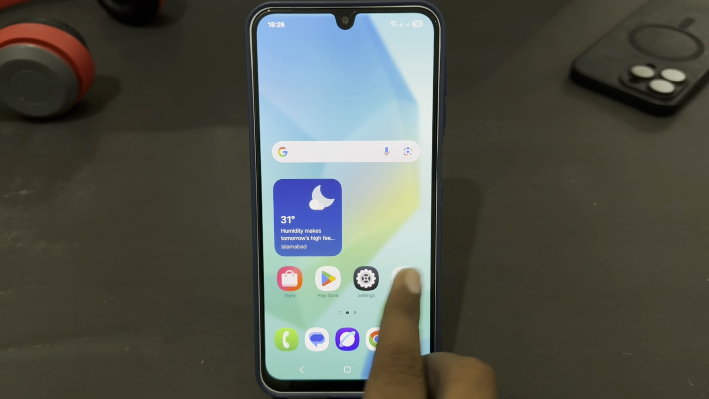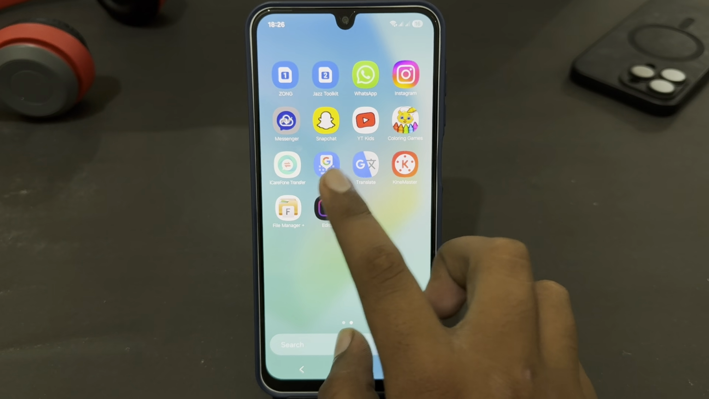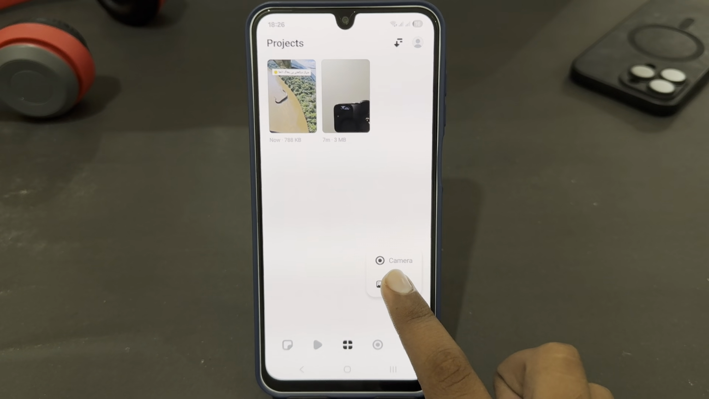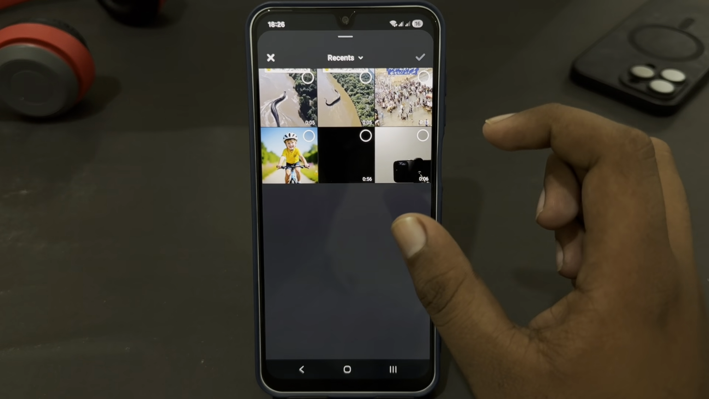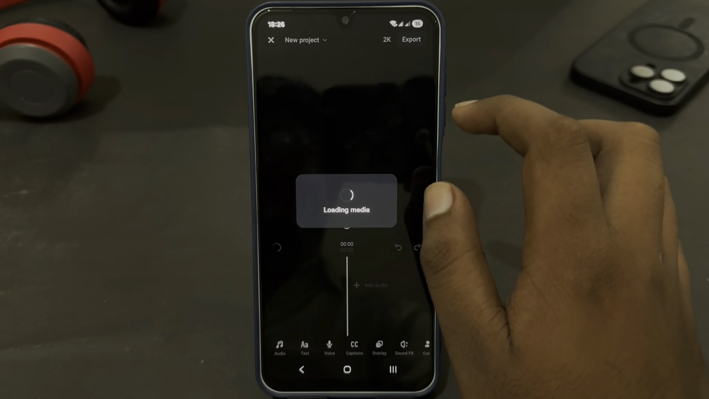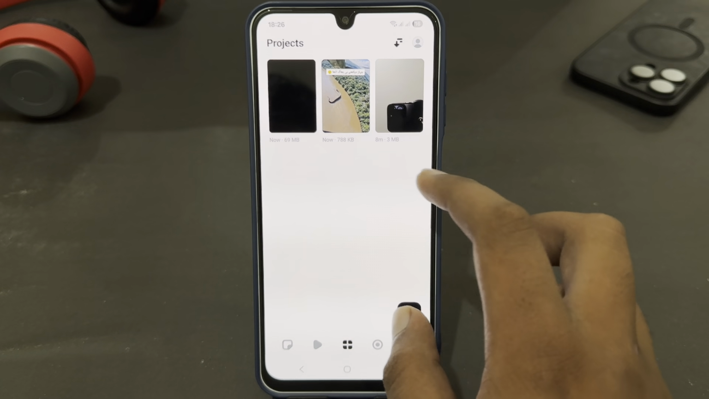You just have to open the Instagram Edits app. Just open it, and here just tap on this plus icon, then select gallery to choose any photo from your gallery. For example, I'm going to add this one. Just tap on this done option and the video will be added. Or you can change the video if you want,